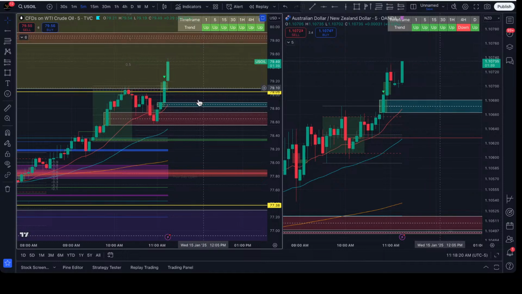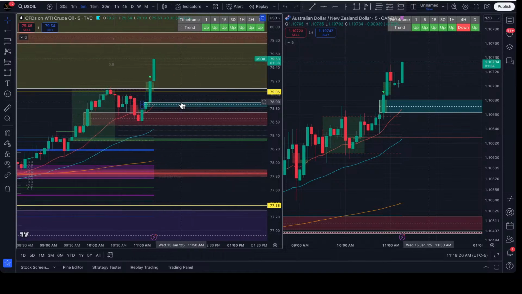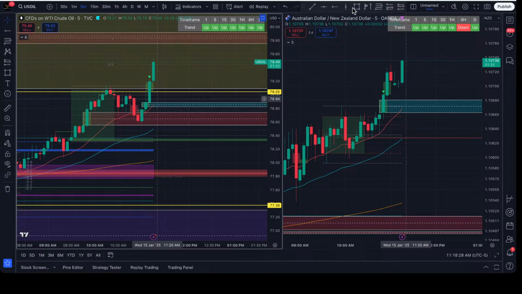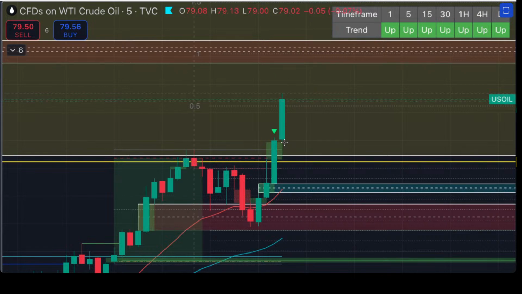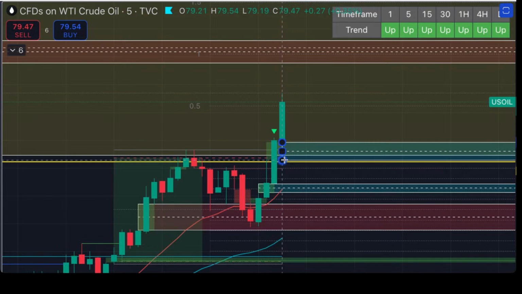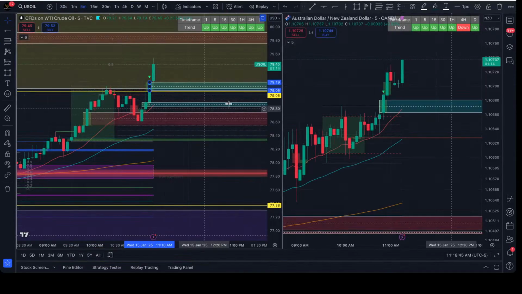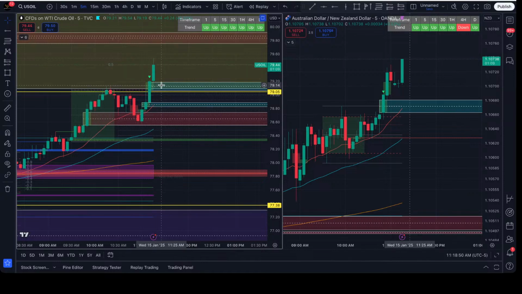12 minutes left. Let's draw out this fair value gap as well. About 1 minute, 14 seconds left. Let's see if this fair value gap stays open. If we tap that, with one standard deviation right under here,